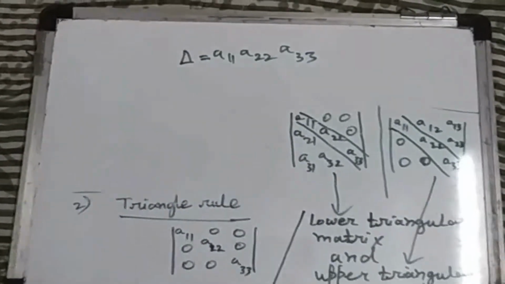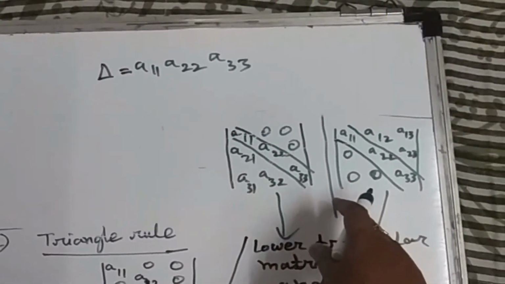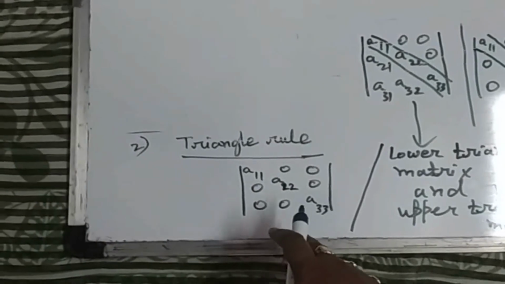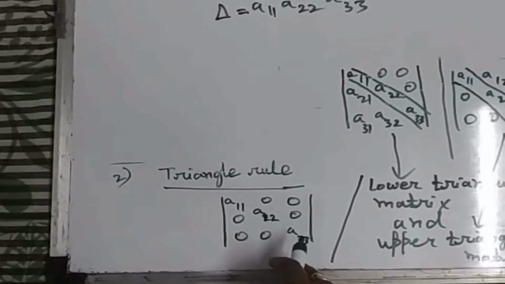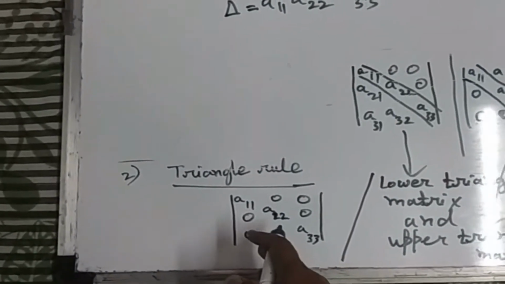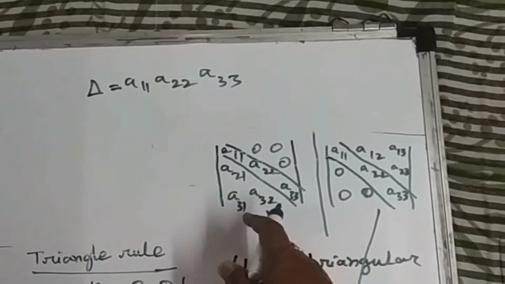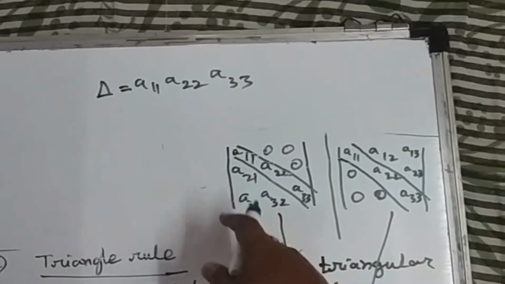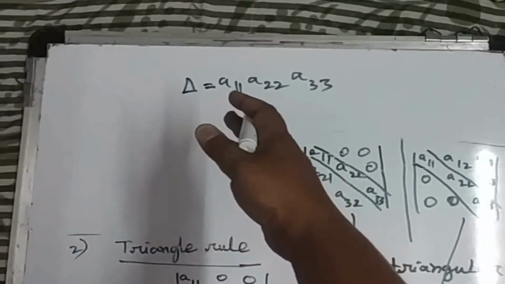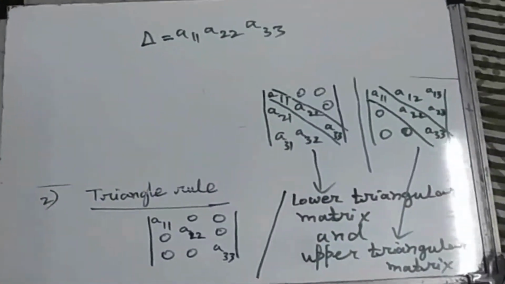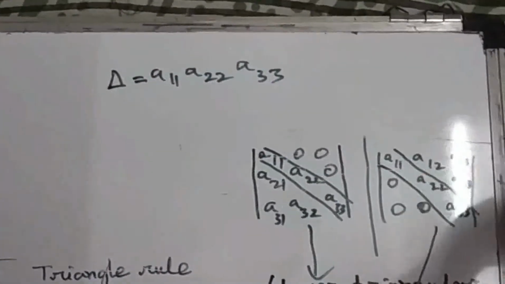You may not get these things in the example, but you will obviously get this one in the question. In this type of question, if you want to calculate the determinant, directly you multiply them. This type of question is asked rarely, but again if this is given, directly you can multiply the diagonal elements to get the value of del. Okay, now the next one, I have to erase the board, wait a minute.